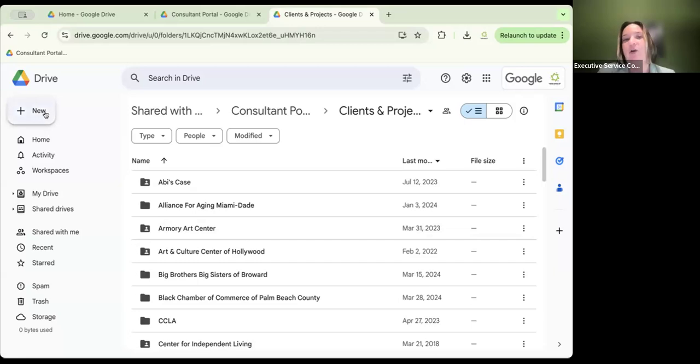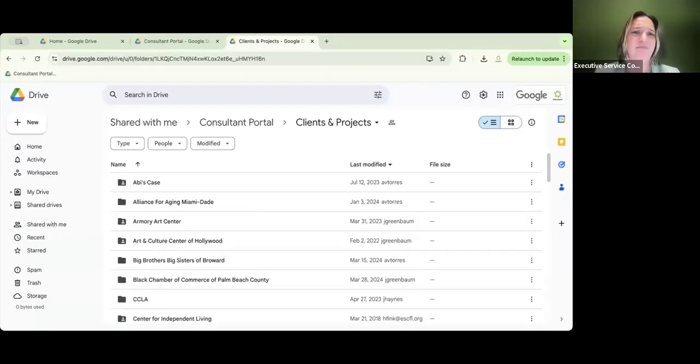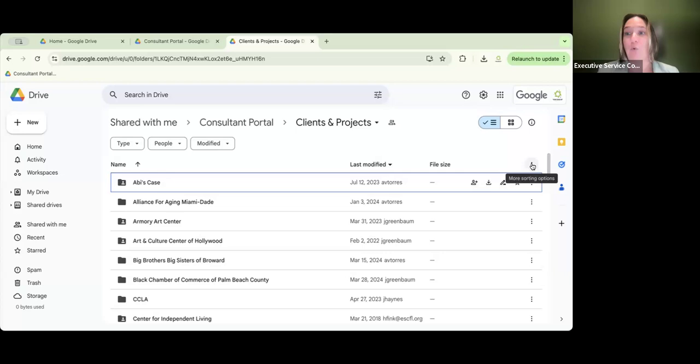And when I automatically open it, it is sorted alphabetically. But sometimes it gets annoyed. Sometimes it doesn't want to sort alphabetically. How can we fix that? Right here. You see this bar that's not a bar? It's got name, last modified, file size, some other fun stuff, more sorting options. If I want to sort alphabetically, I go over to name, and then I can